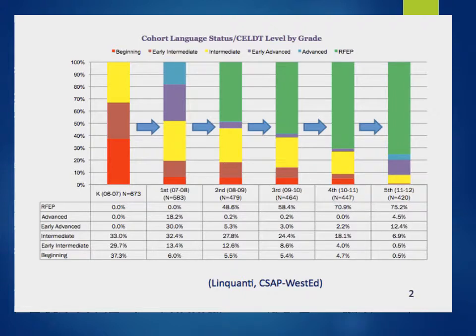So this is a longitudinal bar graph of several pictures of the same cohort, beginning from kindergarten through 5th grade in a Northern California school district that shows their language development growth. So the WestEd Research Group took a group of 673 kindergartners and tracked them for 5 years to see whether they met language proficiency and when. And as you can see, the